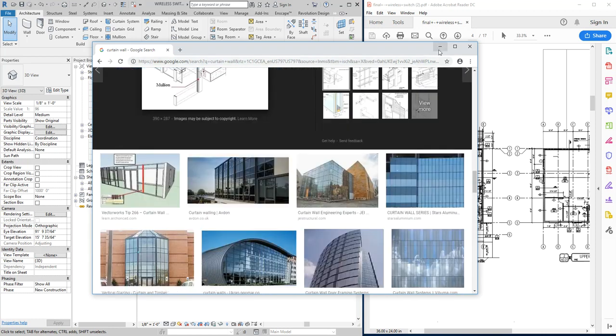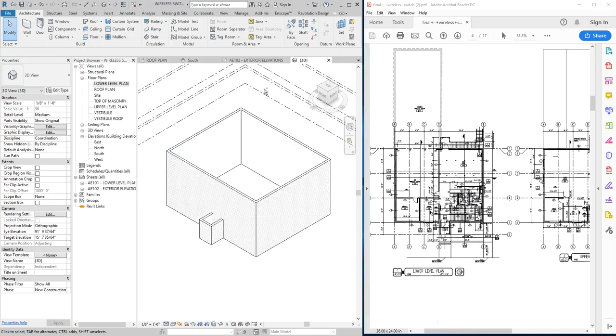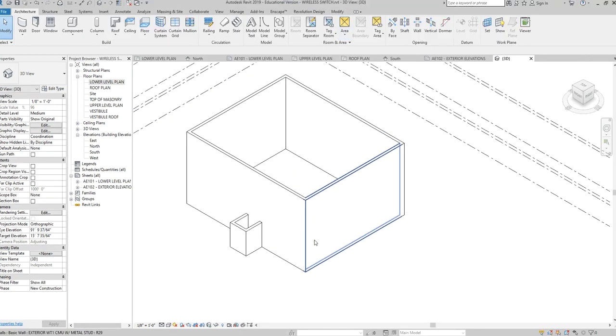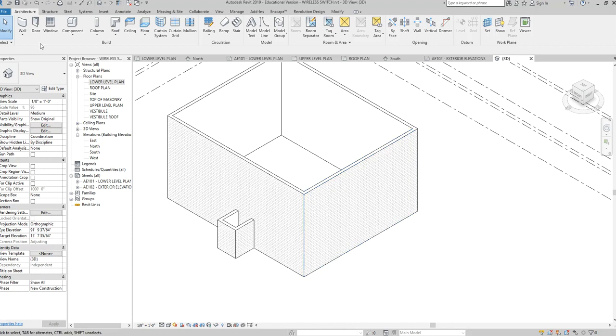Now, in practice, they're different, right? They're two different things. But in Revit, they function very similar. There's only the difference of mullions generating or not generating in Revit with them, which I'll show you in a second, okay? So I'm just going to maximize my screen with Revit here for a second and show you the storefront command here, right? Again, it's under the wall command. And if I go to architectural wall,